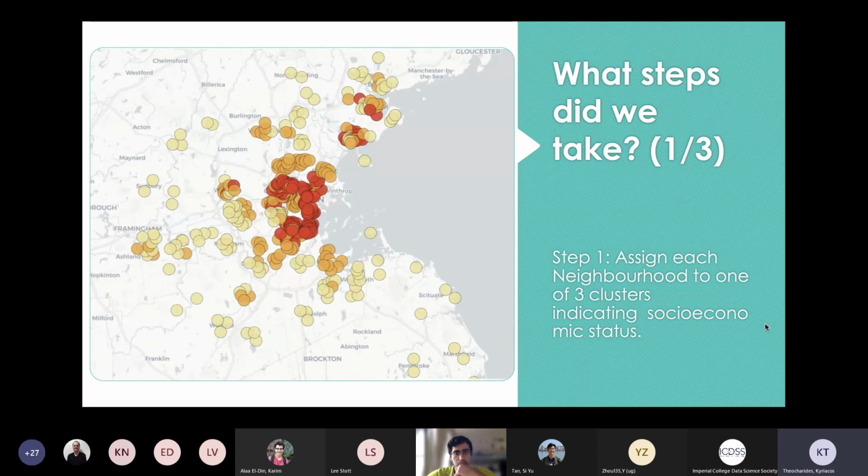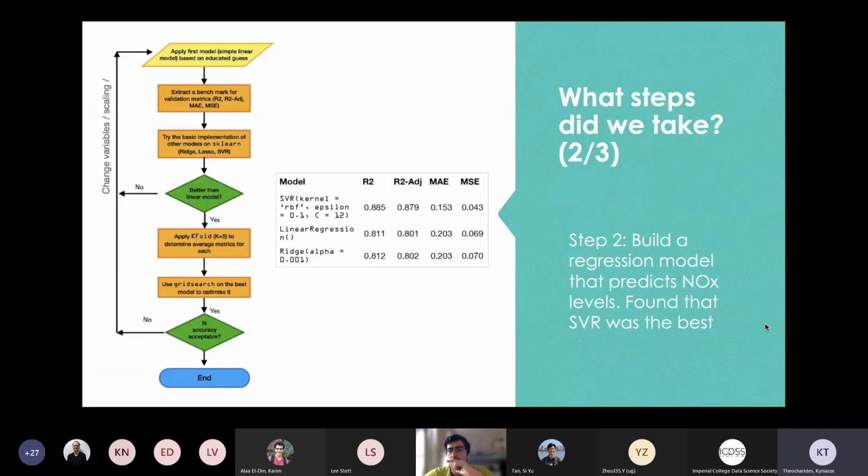And once we did this, we had separated each data instance and assigned it a cluster. We wanted to analyze the NOx levels. The next step was naturally, since we were predicting NOx levels, to create a regression model that could actually predict the NOx levels. And what the flowchart on the left is showing in very simple terms is our methodology